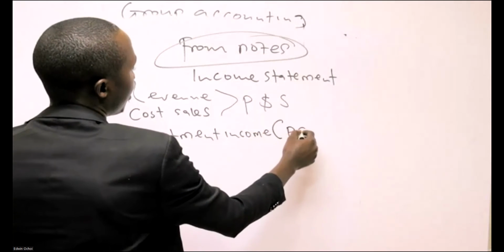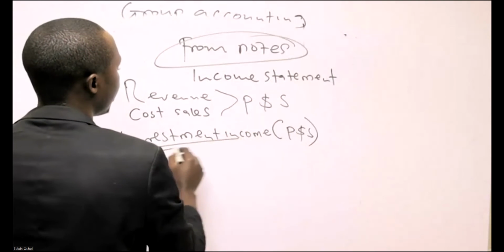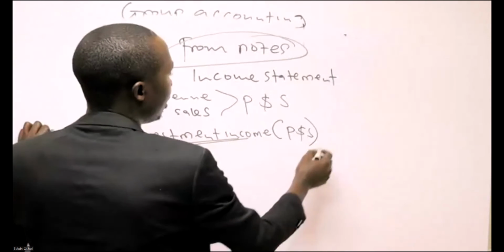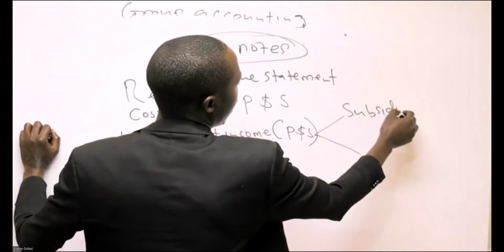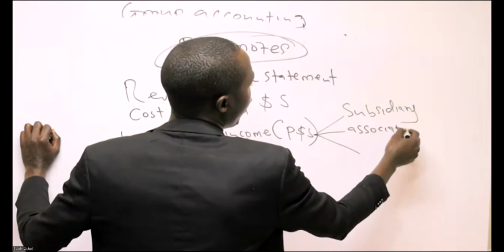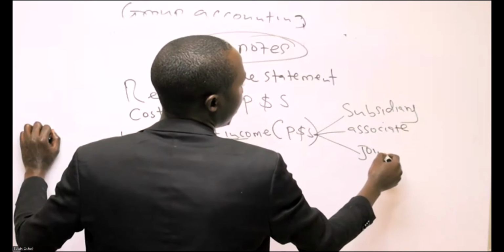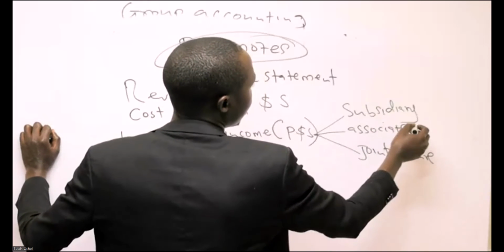So after taking parent plus subsidiary, here under investment income, if the subsidiary, if the associate, if the joint venture paid dividends or interest,